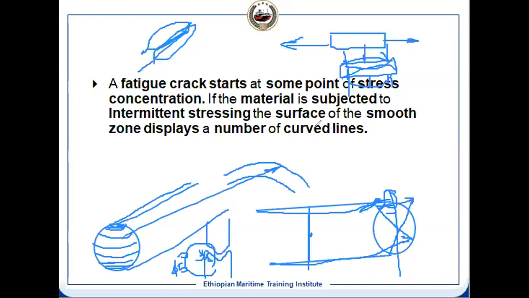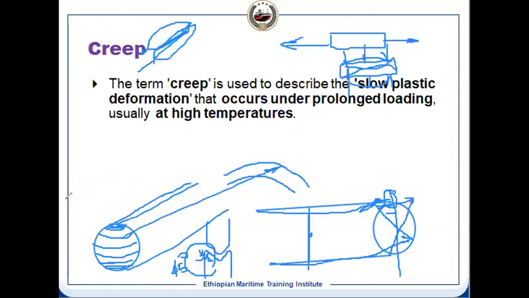So these curved lines, as I told you, the number of lines you will see, and you know that this is fatigue failure. You can judge by yourself if there is this kind of failure. If you see it on a ship, you can judge it is a fatigue failure. Suppose a shaft has failed, the trueness of the shaft was not there, so it might fail. Or a bearing dropped, or sometimes a shaft is rotating with a heavy mass. Because of this heavy mass, the shaft will have a bend, so it can fail here.